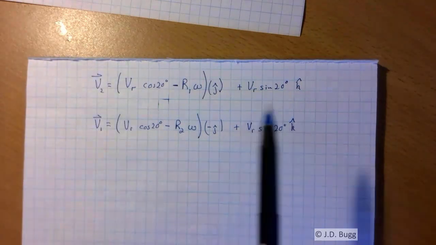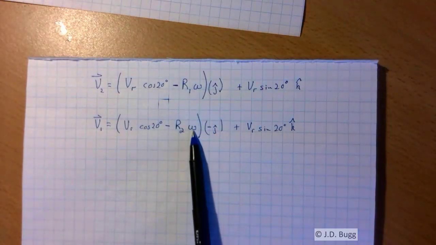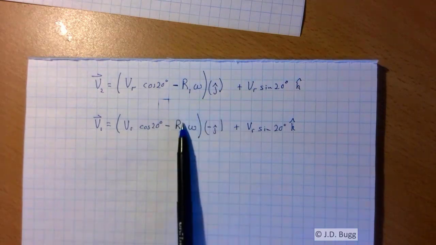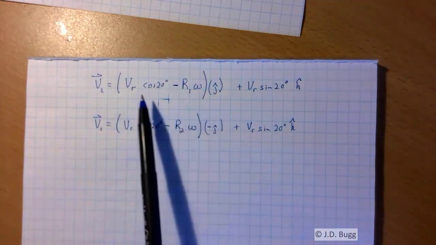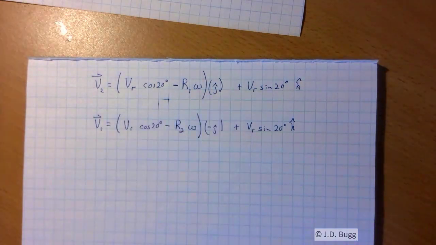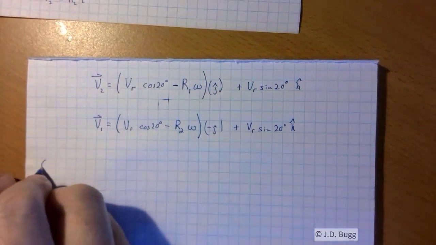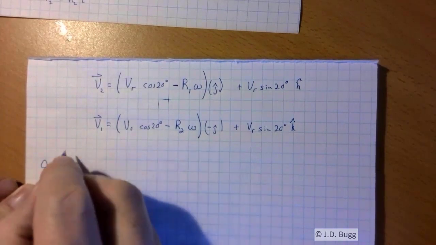Now notice, this is the spot in this solution where omega comes into the problem. Remember, omega is what we're looking for, the angular speed of this thing. So finally, omega is actually showing up in our solution. So the next thing we need to do is bring this all back into our equation and take those cross products. So we'll just show our equation assembled here. So 0 equals